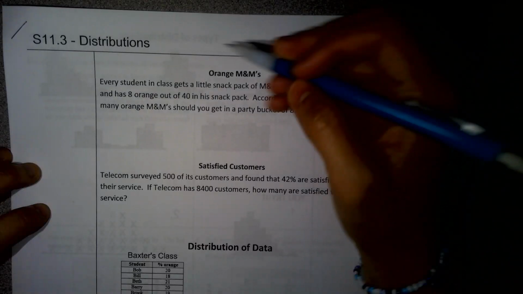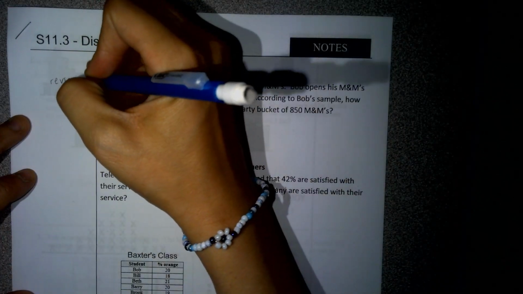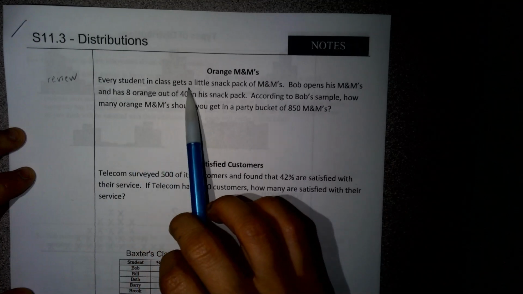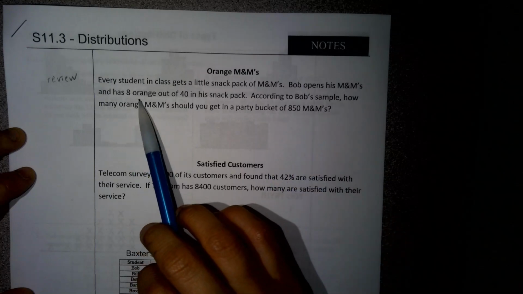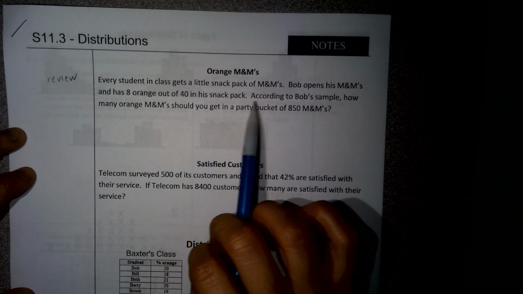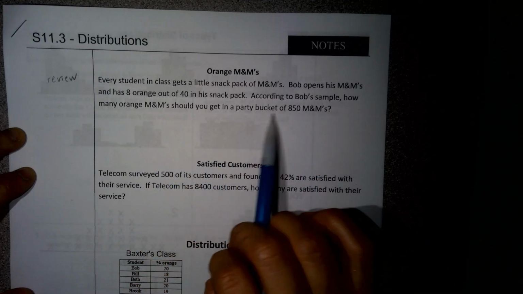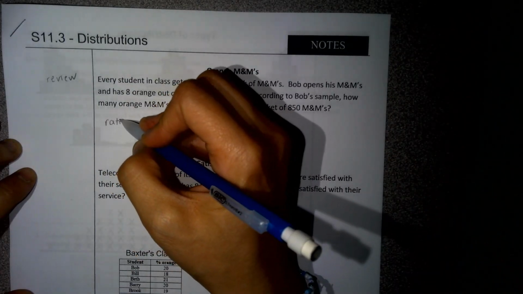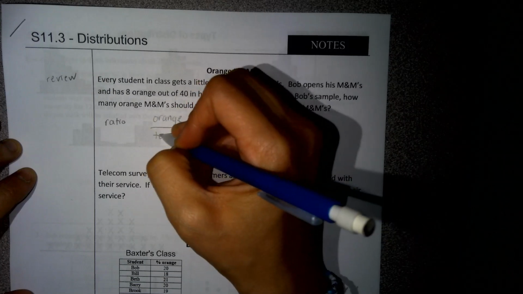Talk about distributions. So we're going to start off with a review. So orange M&Ms. Every student in class gets a little snack pack of M&Ms. Rob opens his M&Ms and has 8 orange out of 14 in his snack pack. According to Bob's sample, how many orange M&Ms should you get in a party bucket of 850 M&Ms? So we're going to do a ratio here. We're going to have orange over total